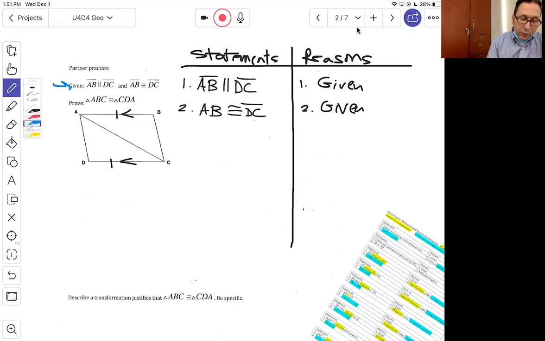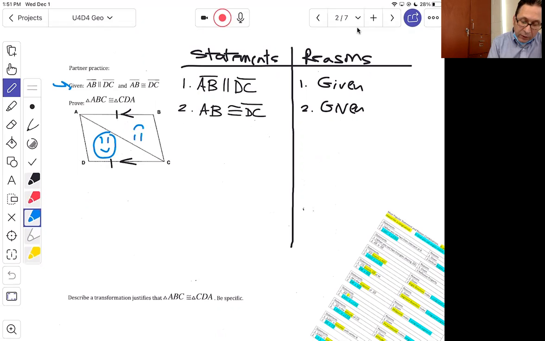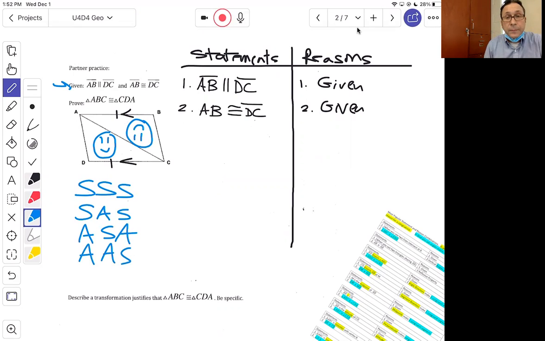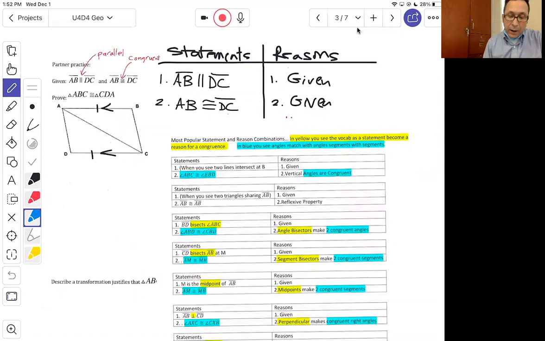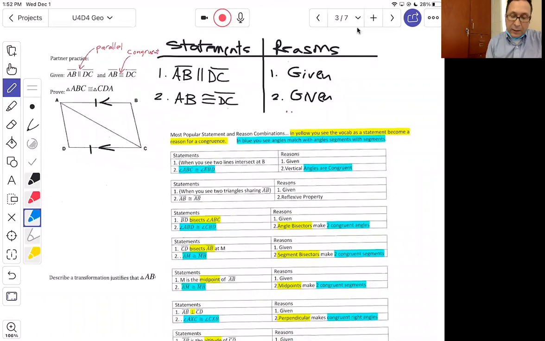I'm trying to prove that these two triangles are congruent. So what I want to get is information about both of these triangles. And I'm looking to either show that all three sides of one triangle are congruent to all three of the other, or that there's a side angle side congruency, an angle side angle congruency, or an angle angle side congruency. So I'll begin by listing those given facts, and